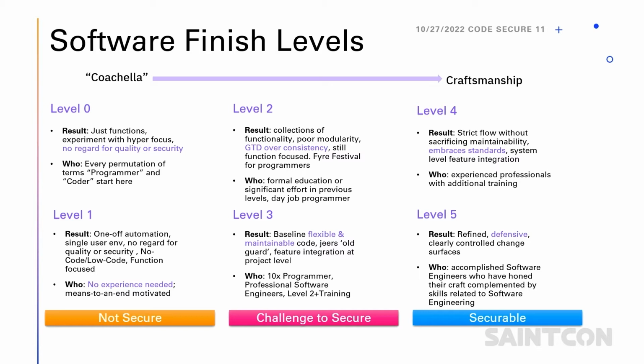Really what it does is it focuses in on the code and how that code is produced. It touches on code readability, code organization, naming conventions, things like SOLID and DRY, and infrastructure as code also plays into this. Unfortunately, it's really common for applications to have a level 3 finish. And the reason I point that out is if you're used to a level 3 finish, you may think of security and quality as something that's very hard to achieve and very expensive,